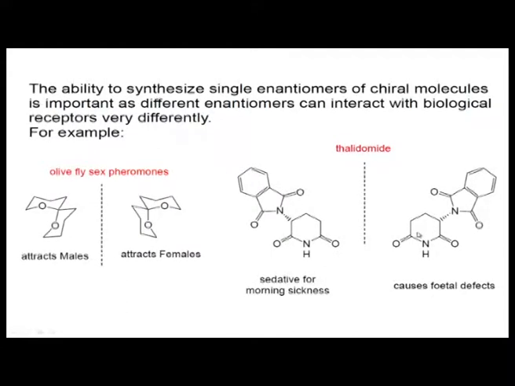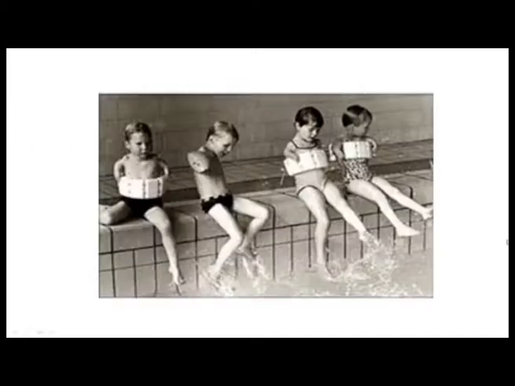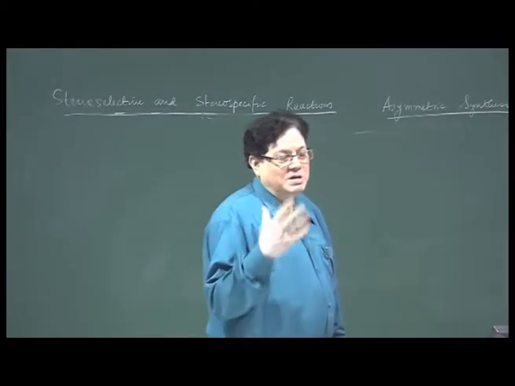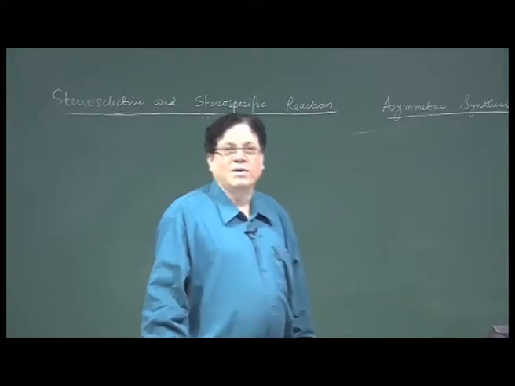That means it is a teratogenic compound, which causes birth defects. The babies born to mothers who were taking thalidomide were born with deformed limbs, deformed legs, and this is one of the greatest tragedies in human history, and that brought us to the importance of chirality